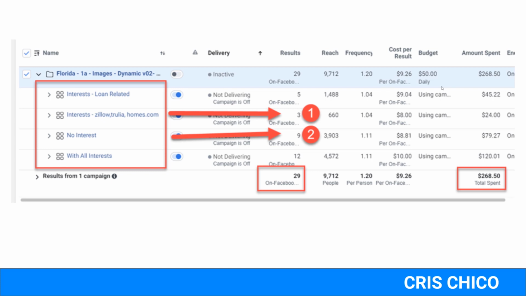And so for us, for example, I'll give you an example, we run campaigns where we will take and put no interest. We take and we put every single interest that we have available. Then we segregate interest depending on the type. And so sometimes all of them work, sometimes a few of them work, and we pause the others. In this example, we ran this campaign and all of them did well. Some of them did better than others, but in the end, we got 29 leads off of Facebook and we spent $268.50 at an average cost of $9.26,